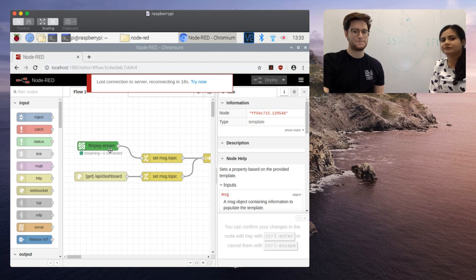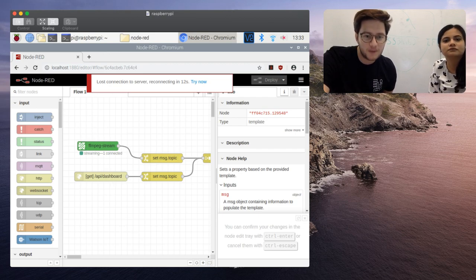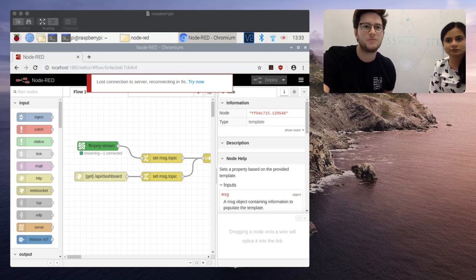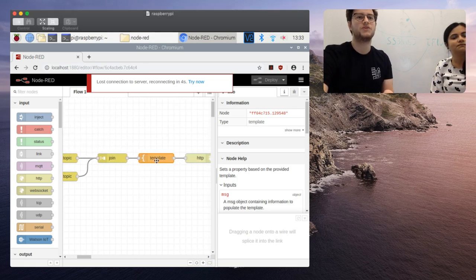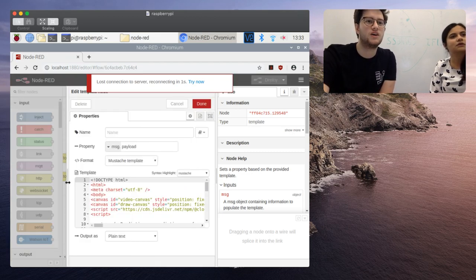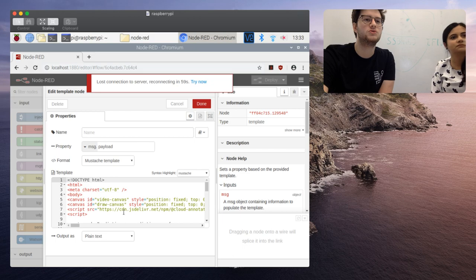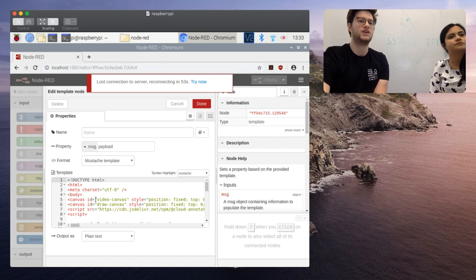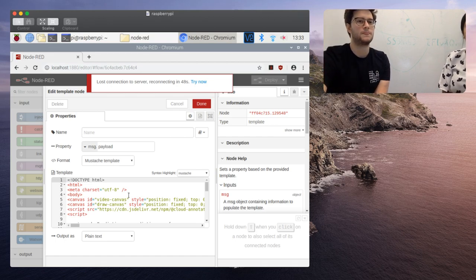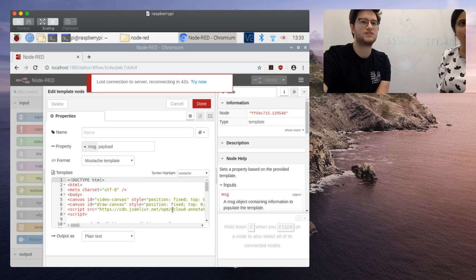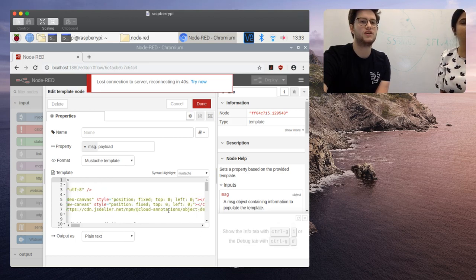But yeah, inside of this, we can go back and look at this template node. Oh wait, I'm always clicking on the wrong screen. So inside this template node, we have two tags: the video canvas and the drawing canvas. The video canvas is what ffmpeg is rendering our actual video to, and the draw canvas is where we're drawing the bounding boxes. And then we're importing this CDN, cloud annotations object detection,